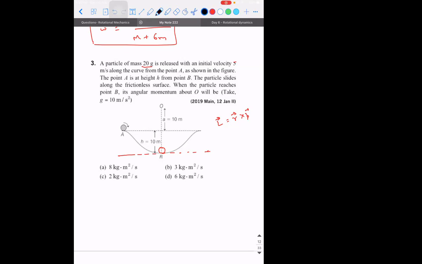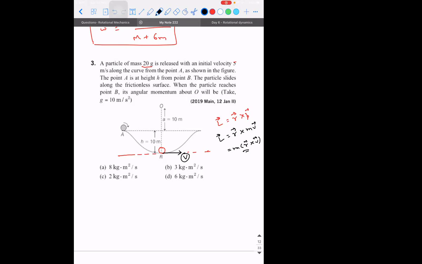So we know that along any curved path, the velocity is always tangential. And we know that the linear momentum is always in the direction of velocity. A simple point. So I can write L vector is equal to R vector cross M into V vector, which is nothing but M into R vector cross V vector. This is also another formula. Now comes an important point. How do I find the velocity at B?